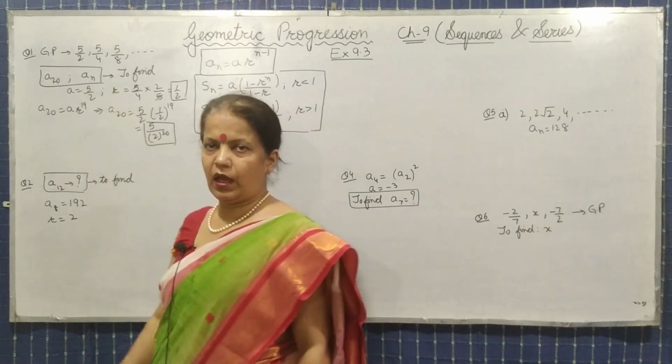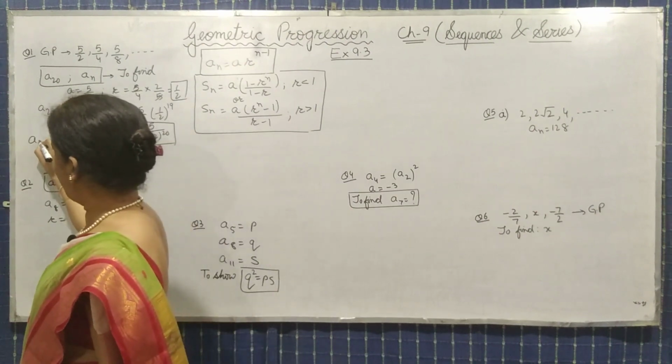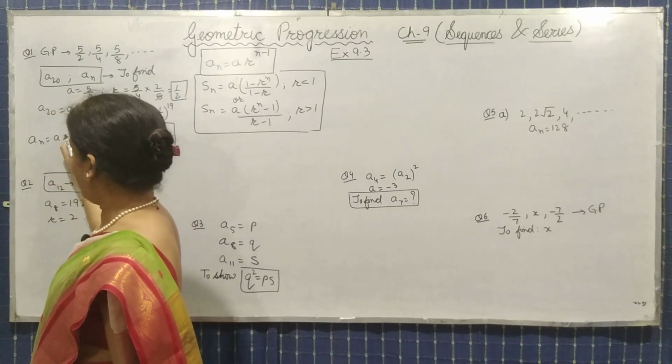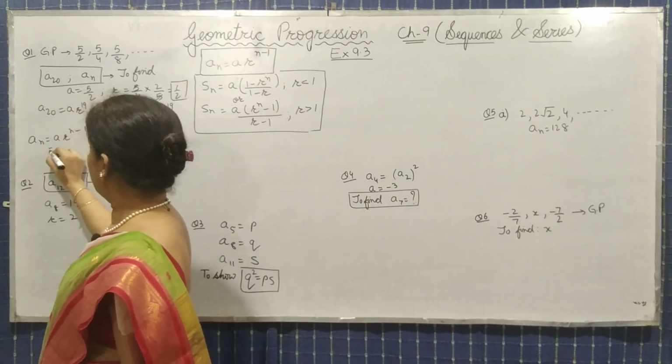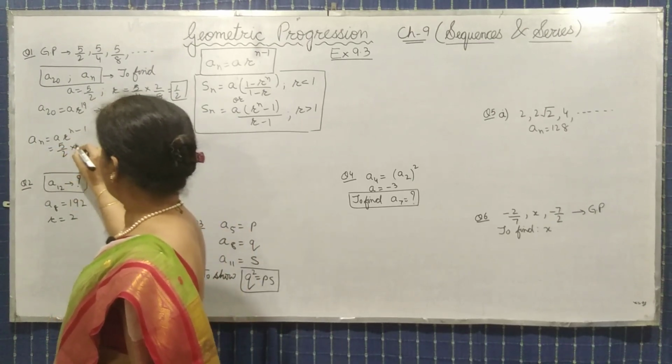And then they are asking about the nth term. Nth term formula is written a r^(n-1). Substitute the value 5 by 2 into